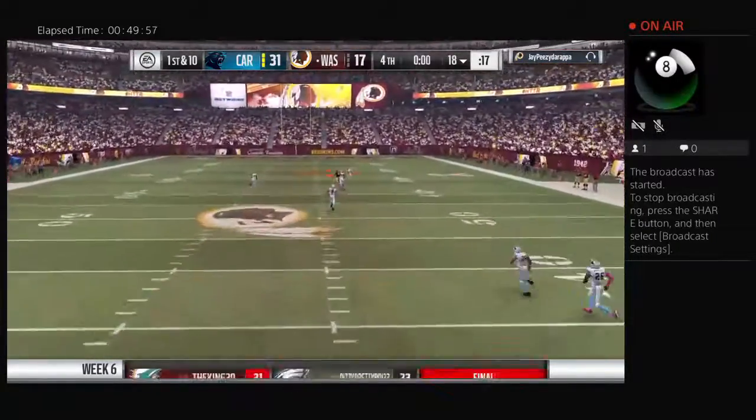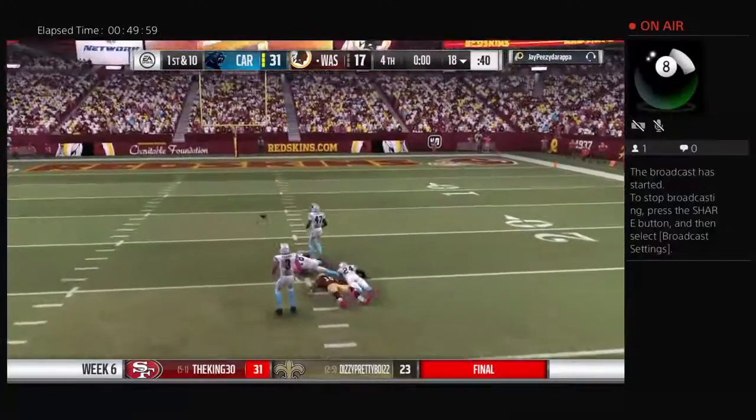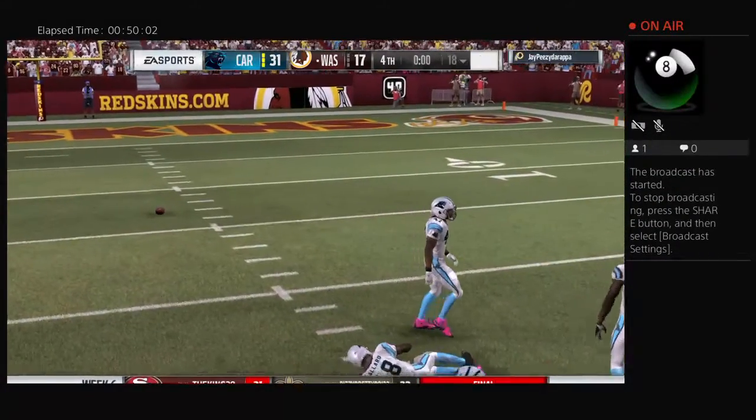Now a desperation throw deep downfield. And this is dropped and incomplete. Well, there's a metaphor for how this one...